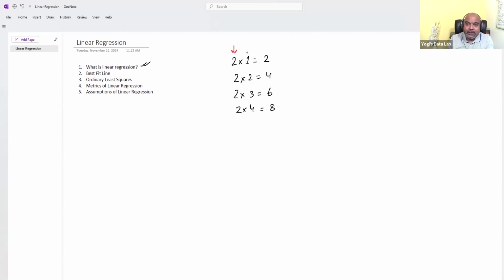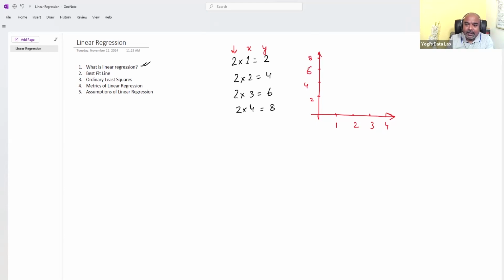This 2 is constant. This value keeps on changing. So let us say this is x and this is my output, which is y. If I have to plot this, so this is 1, this is 2, this is 3, and this is 4. I'll have 2, 4,